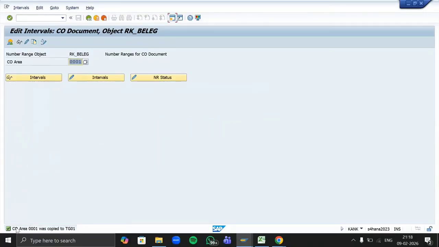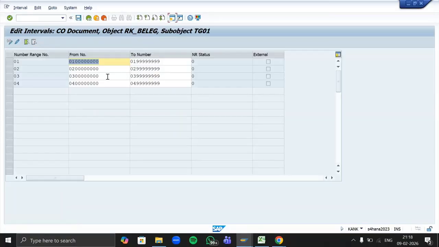Here you can see controlling area 0001 was copied to our controlling area TG01. Let's check it. Mention your controlling area as TG01 and go to intervals. Here we have 4 number ranges available, and all the 4 number ranges are copied into our controlling area TG01. Clear with the number ranges?